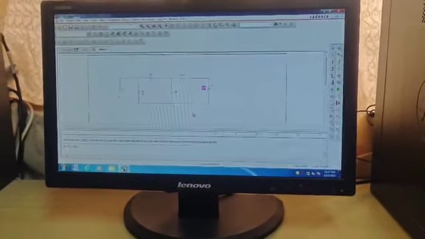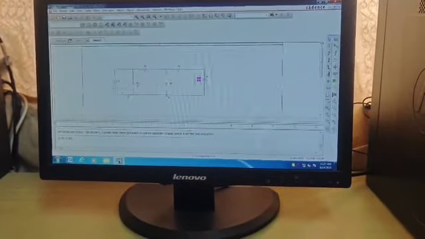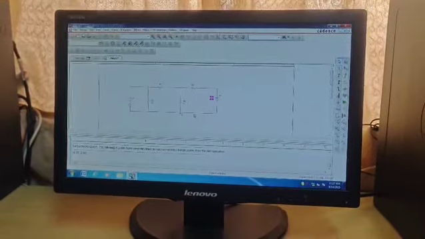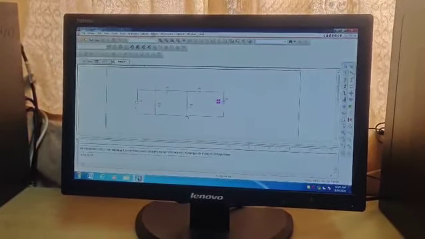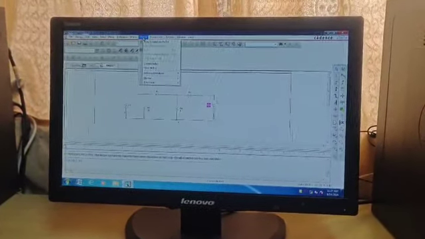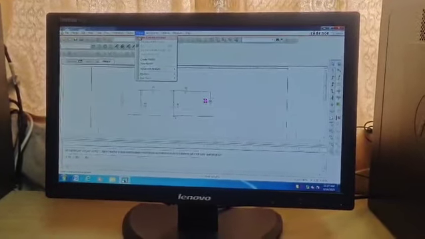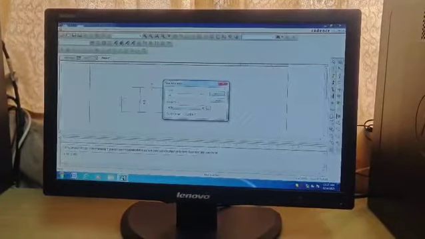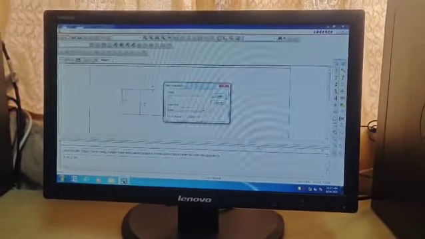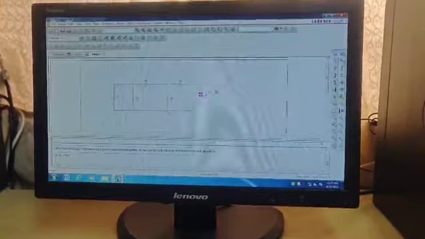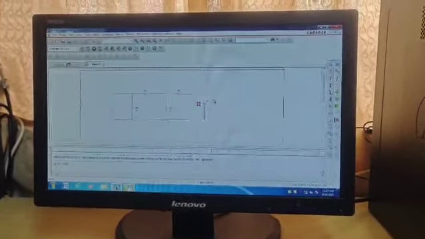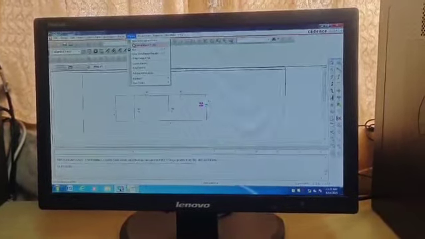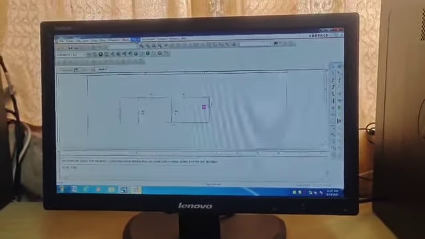So now we have given the values of the sources as well as the components. Next we have to simulate the circuit. For that you have to select PSpice and create a new simulation profile. For that also you have to give a name. I am giving it as KCL. You can give whatever name you want, then create. Then you have to edit this simulation profile.